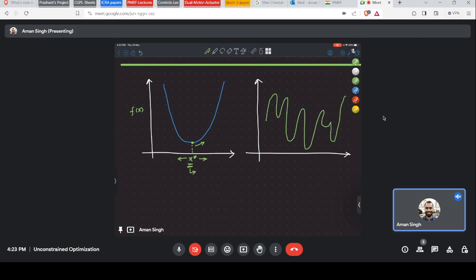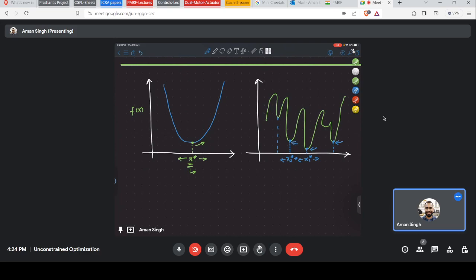But if you check on the right side, there are multiple points. Let's call them x1 star, x2 star, for which if we move on both sides, the value of the function increases. There are several points like this. So we discussed these points. These points are called local minima,